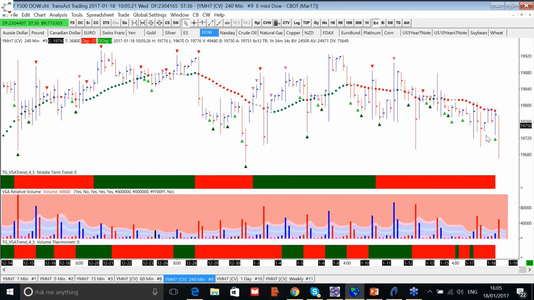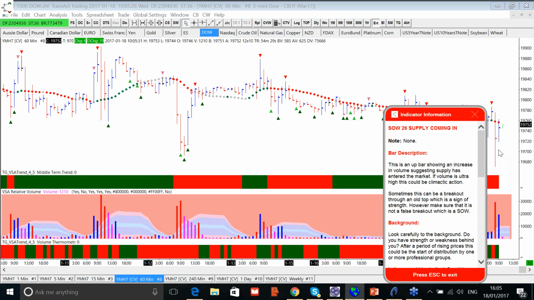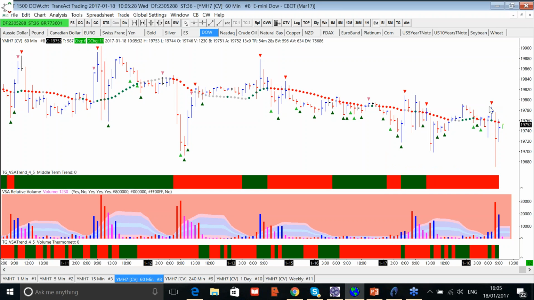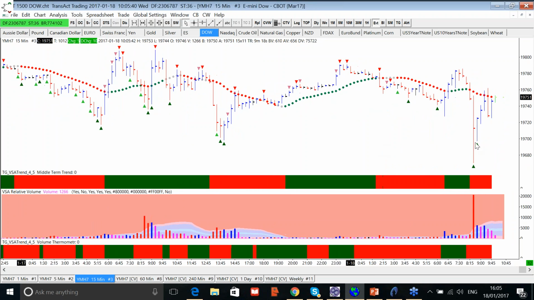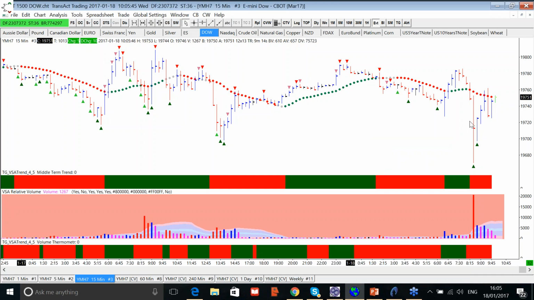4 hour chart, again, you can see what we just saw. 60-minute chart, just before the big move today, we had supply entering the market, which we can clearly see. The supply hit the market, came in, closed in the middle, we pushed up. Now there's not a lot of volume taking this instrument up. 15-minute chart, definitely got strength on the down move here, climactic action, but very often when you see that, you'll find the market go up on low volume, which is no demand, as we call it,